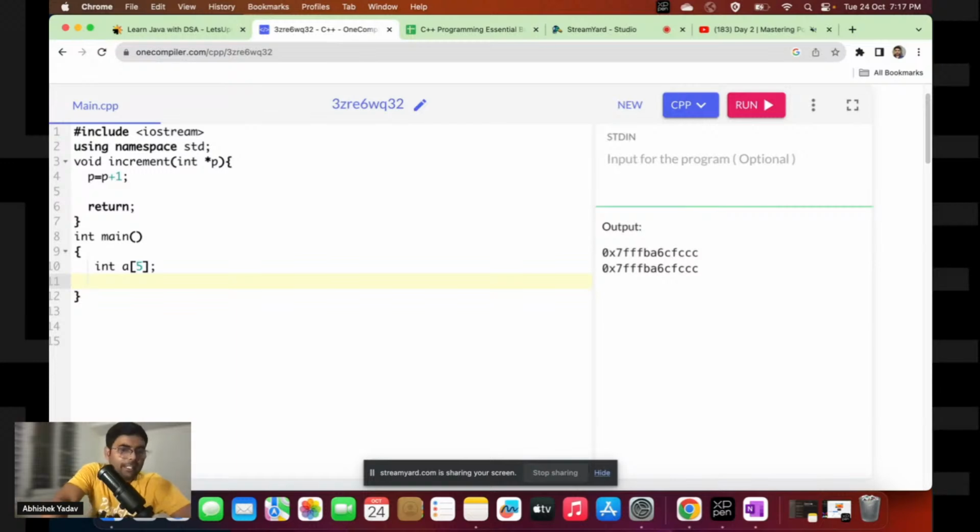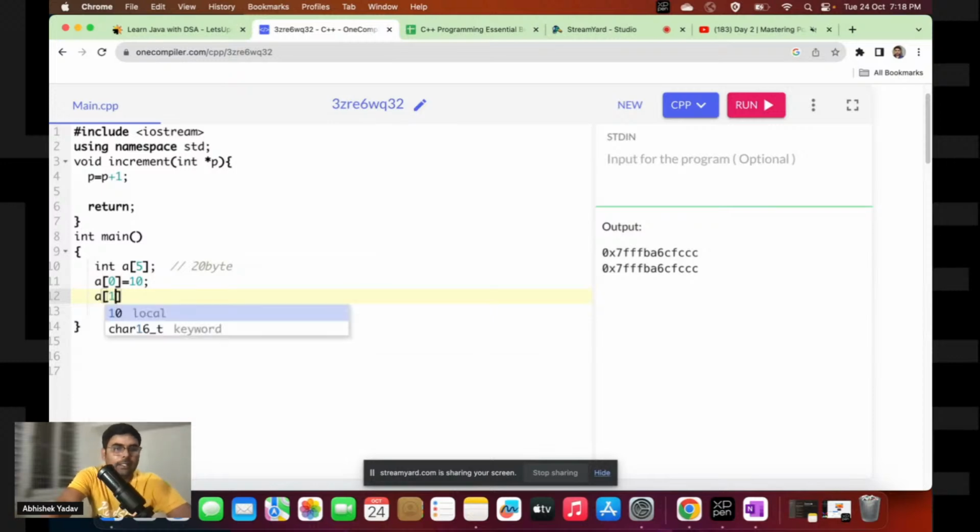So here, what we have done, we have declared an array of size 5. What is the size here? 5 into 4, that is 20 bytes, right? So 20 bytes, and that will be present in a contiguous memory location. If I have to store the data, I will use the name, after that the square bracket, and there I have to write the index. Here I am writing 0, which represents that we have to store the data at the 0 index. So let's assume we store this 10 at the 0 index. And similarly, a of 1 is 23, and a of 2 is